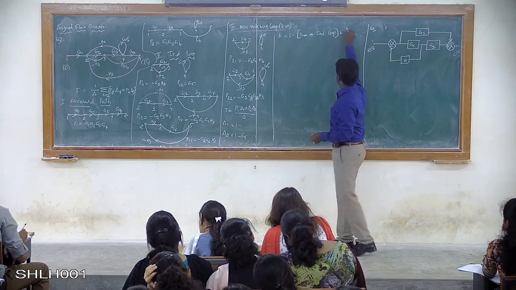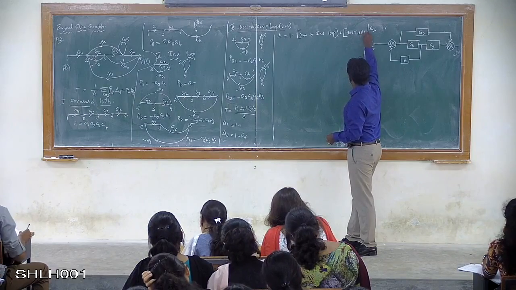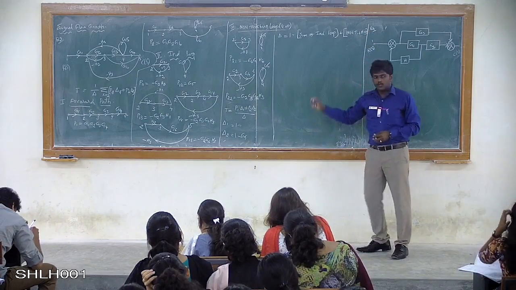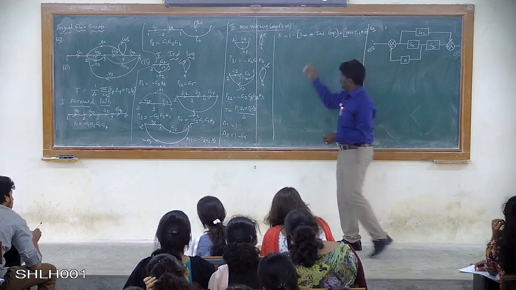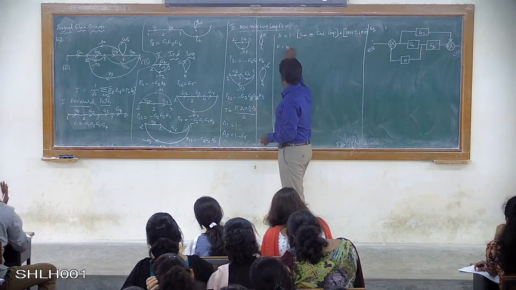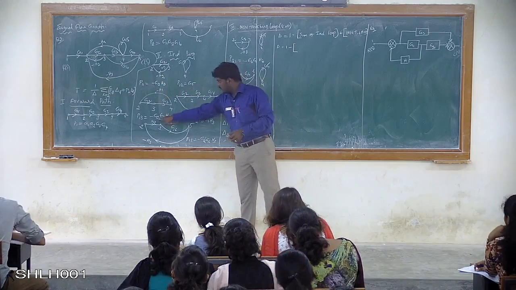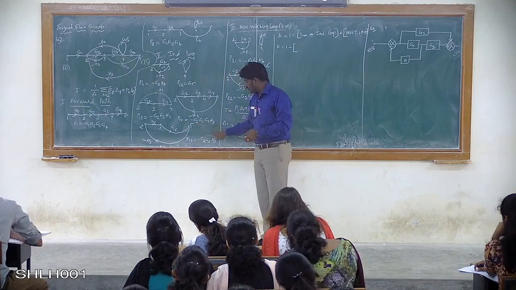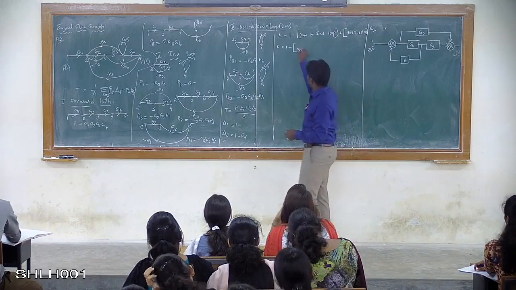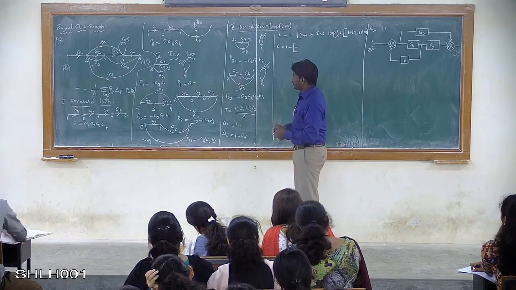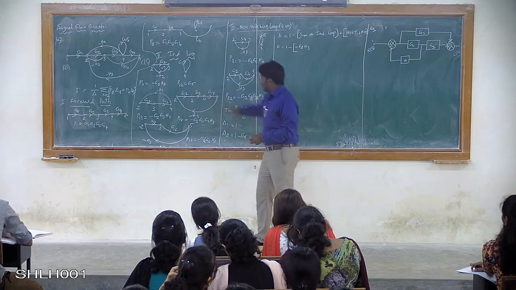then plus the non-touching loops of 2. We have found 2 pairs of non-touching loops that have to be written over here. Now del I can write like so: 1 minus, what are these individual values? G2 H2, then plus G5, then minus G2 G3 H1, then minus G2 G3 G4 H3, then P15 is minus G2 G6 H3. So if I write here, this will be minus G2 H2, then the second individual loop gain value is G5,